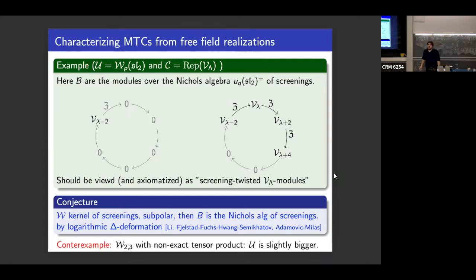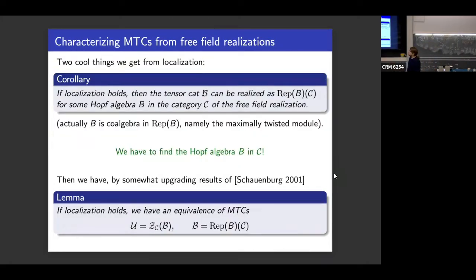Simon, I'm sorry, I'm confused about the previous slide. Yeah, please. So your category, this curly B, right? It's the category of modules of B in C. It's not a subcategory of C, right? It's a quotient of it. Yes, but you have both directions. Okay, that's what you say, that our localization holds. Exactly. Otherwise it's not clear what the relative center is. Okay, thank you. Very good point.